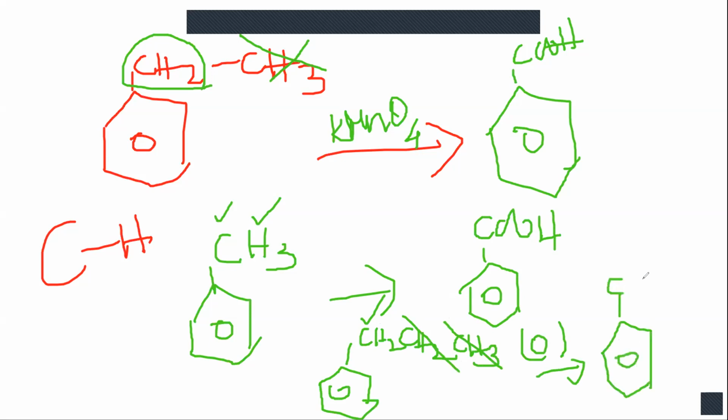This is a very important thing you have to remember in KMnO4 oxidation. Ethyl benzene on oxidation with KMnO4 gives benzoic acid. Toluene on oxidation with KMnO4 is also benzoic acid. Propyl benzene on oxidation with KMnO4 also gives benzoic acid. So it needs one carbon outside the benzene ring and one hydrogen, a CH bond connection only. However many carbons are connected, no problem at all. For all of them the product is benzoic acid only. So you have to remember this. This is a very important point while doing the conversions.